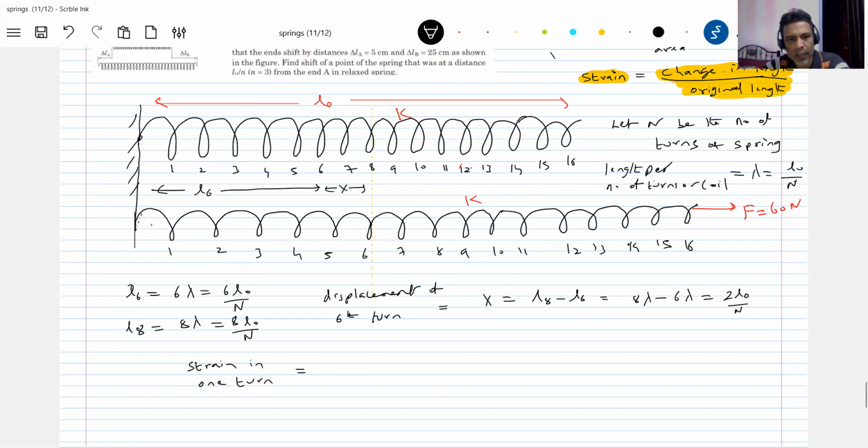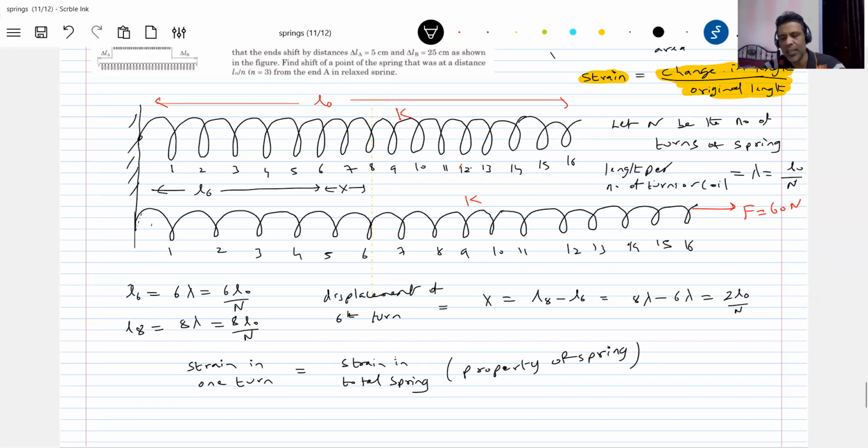Sir, why are you writing this equation? The question itself says it. The spring which we are discussing has this particular property. Strain in total. So from where did you bring this? This is the property of a spring itself. I am writing it. Don't question this, sir. Practically, if you take a spring and do the measurement, it will obey this particular thing.